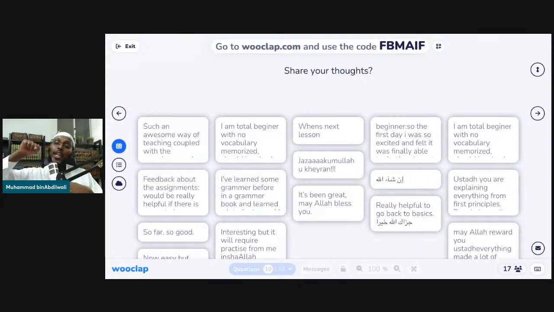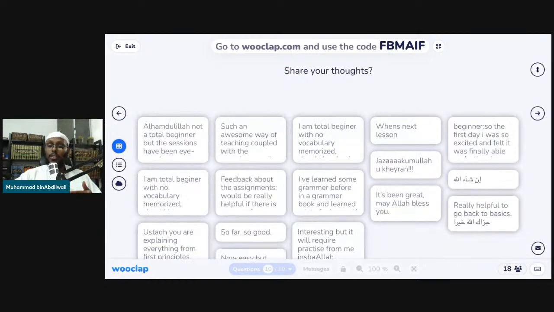You can sometimes click on the hint and it will give you the English translations in case you don't know the meaning of the words and you feel like the meanings would clear things up for you. La bas. But even after knowing the meanings, if you're still stuck, use these tables that I'm going to give you and just look at it. Look for the word, find it, and then answer it. La bas. I give you permission to do so. Why? Because it's all about practice. The whole purpose is that you put yourself on the spot. You try to answer if you can. If you can't answer it, find the answer and keep on moving. No problem. Okay? Alhamdulillah.